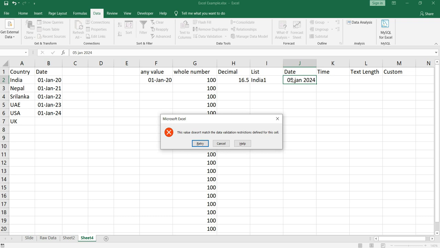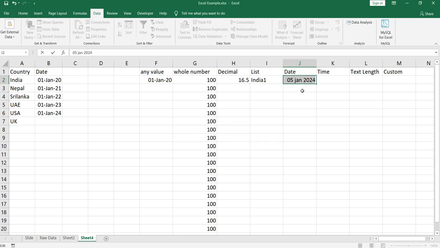When you have not incorporated any error message in your data validation, then by default Excel will show this message that this value does not match the data validation restrictions defined for this cell. Now either you can click on retry so that you can go and change your dates here.